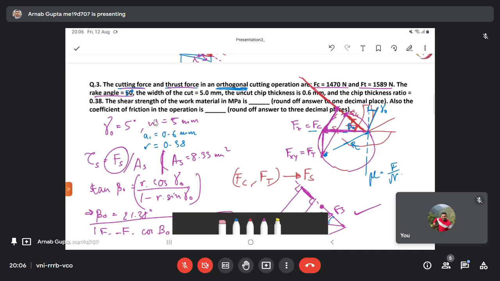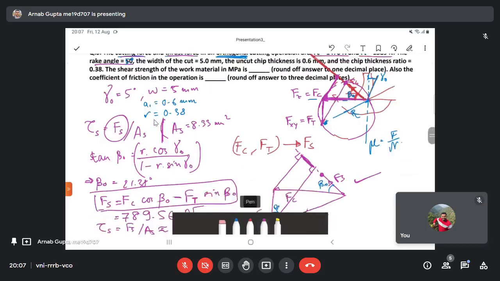Both of these are based on minimization of the cutting energy, the energy involved in cutting. So the shearing will occur along that plane only, where the power required for shearing will be minimum. So going by that, and then differentiating and a couple of more rearrangements, we arrive at Ernst and Merchant's equation,